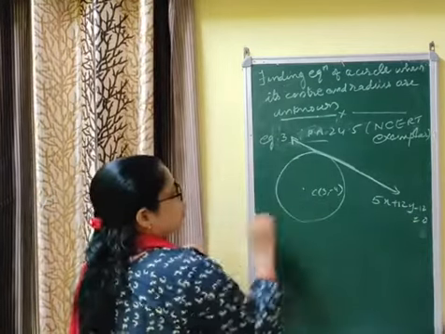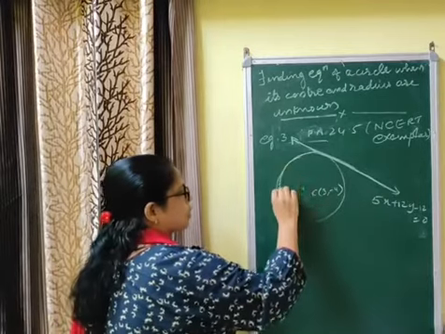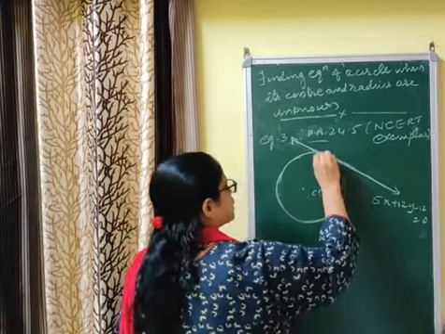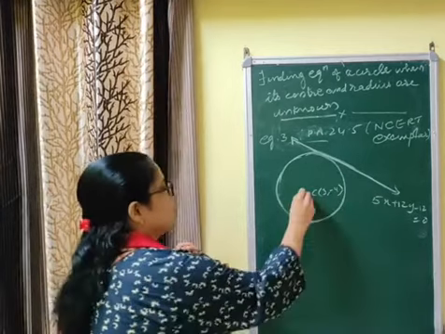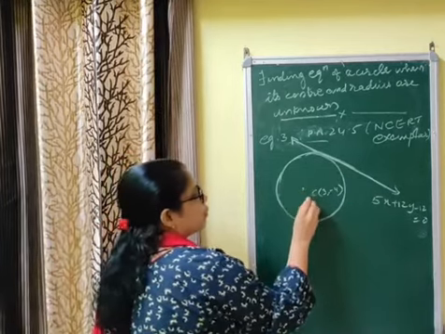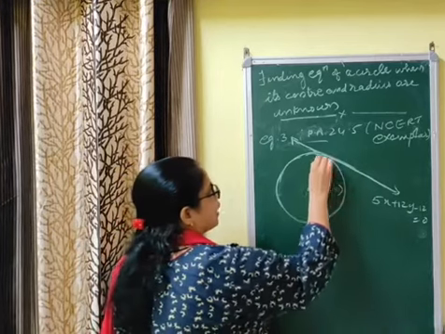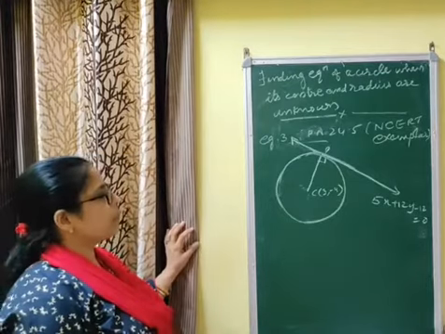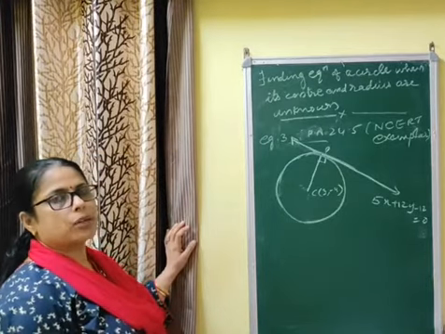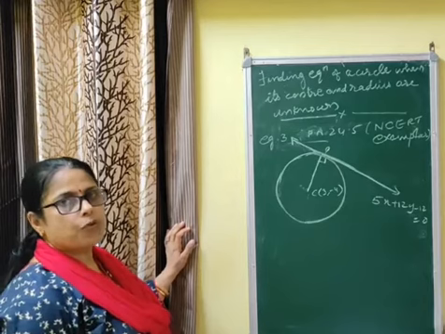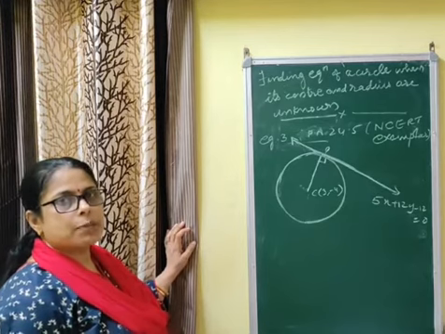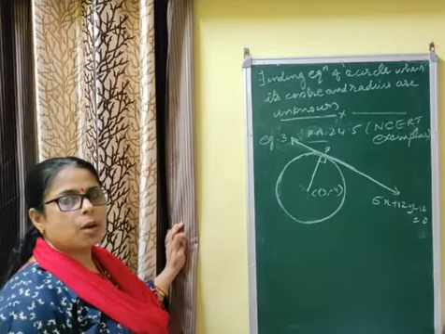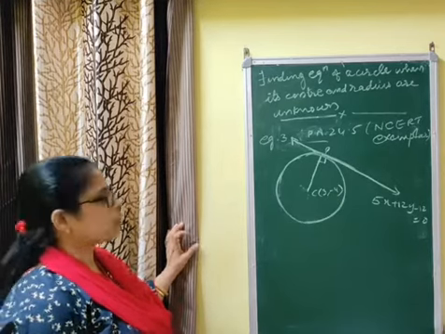Now since you are given the center, no botheration about the center; that means you are given (h, k) for the standard form of the equation. Now you have to find the radius. What is the radius? If I draw a perpendicular from this point C to this line, this distance is the radius. Now we can find the perpendicular distance CP. You have to go back to straight lines. The distance of a point (x1, y1) from the line ax plus by plus c equal to 0 is mod ax1 plus by1 plus c upon root a square plus b square, that is the distance formula.